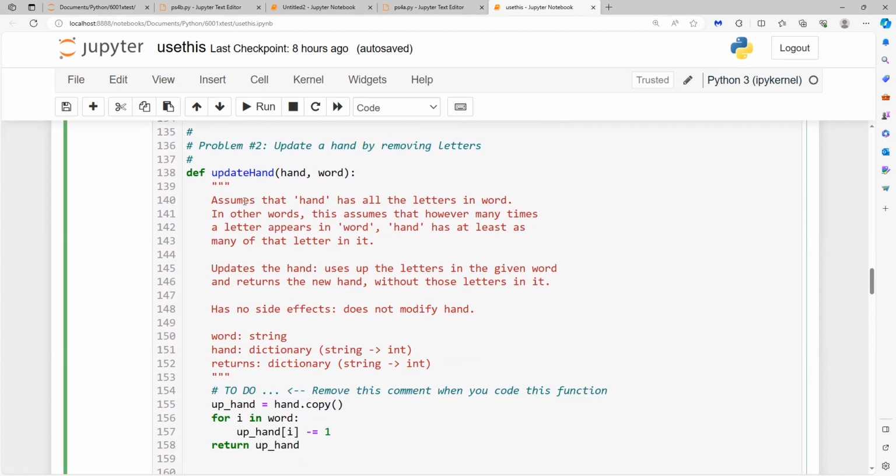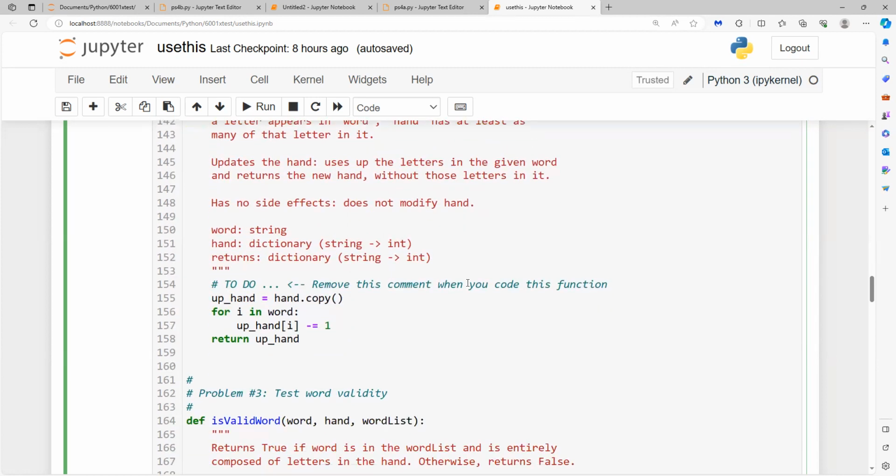So yeah, it has all the letters in the word. In other words, it assumes that however many times a letter appears in word, hand has at least that many of that letter, updates the hand, and uses that. It doesn't modify the hand here. So what we're doing here, we're going to update the hand, so we'll take a copy of that,